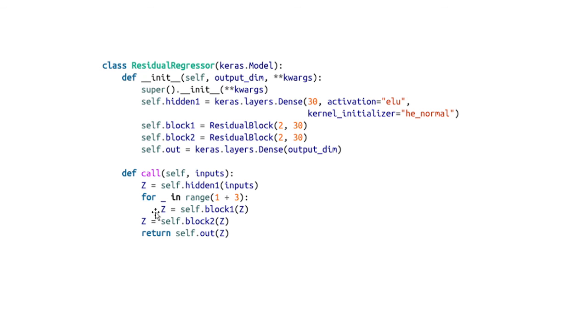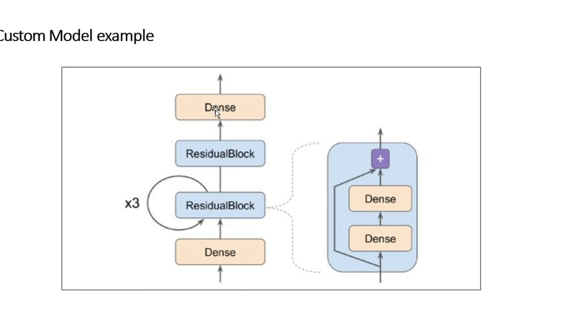After the creation of two hidden layers and the addition of the input plus the output of the second dense layer, we would have a call to the next residual block with 2, 30, and it creates the next hidden layer, and then the last layer using keras.layers.Dense with the output dimension. So the final result goes through the dense layer, that is the output layer. That's about the custom models.